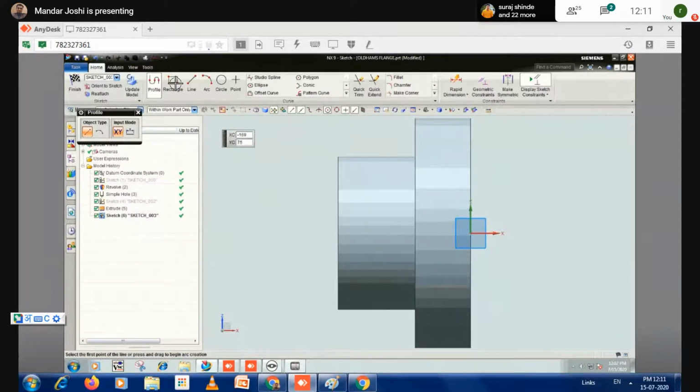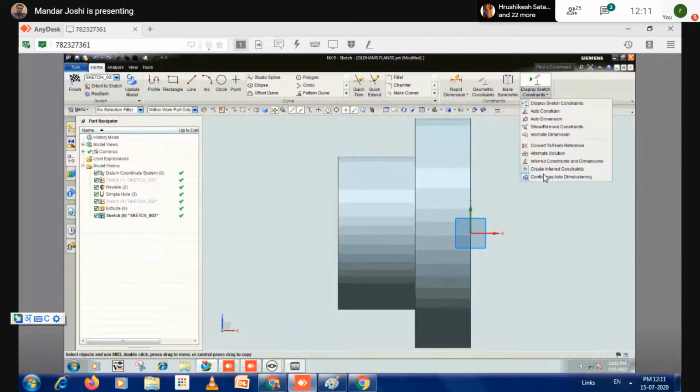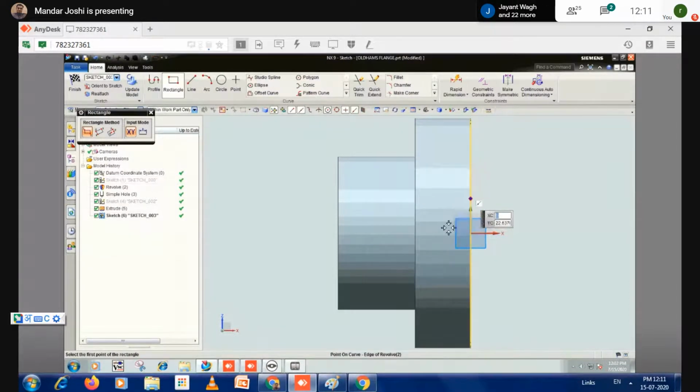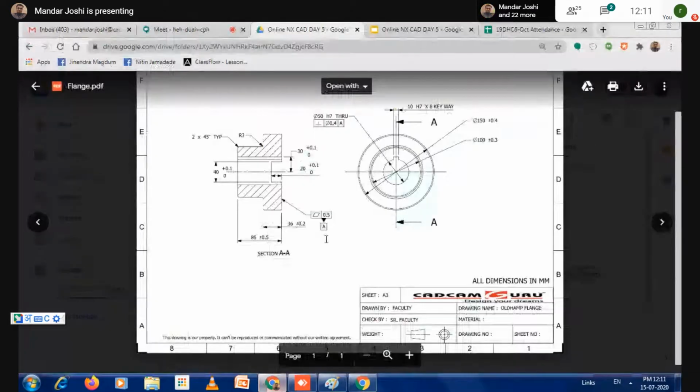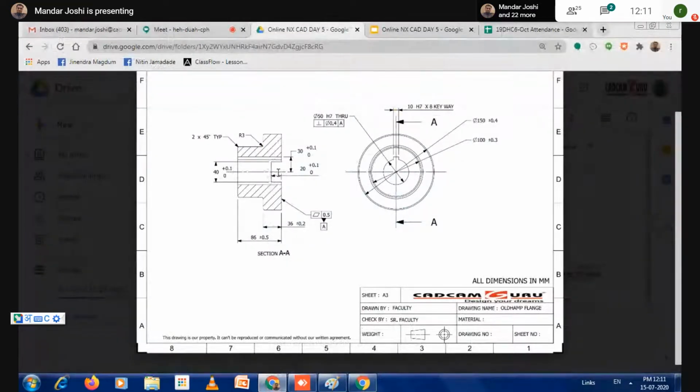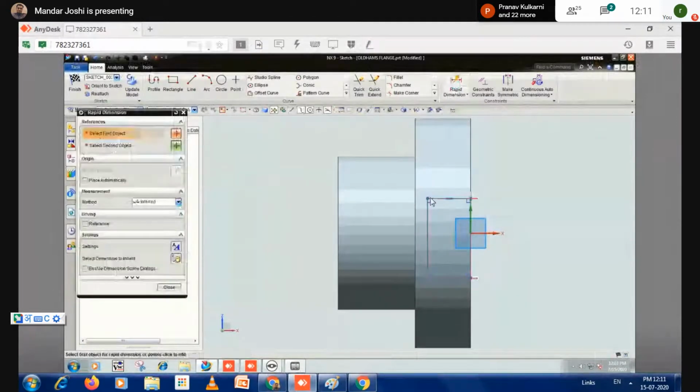Now create a rectangle. That rectangle I'll plot here. Okay. The dimensions create confusion, so I go back and turn off that setting, continuous auto dimensioning. Then create a rectangle. Okay. Now it is not a rotation option because the material is removed linearly here. It is not circular material. So you can see this, it is passing through that rectangle's center axis. Okay. So I'm selecting those values using rapid dimensions.